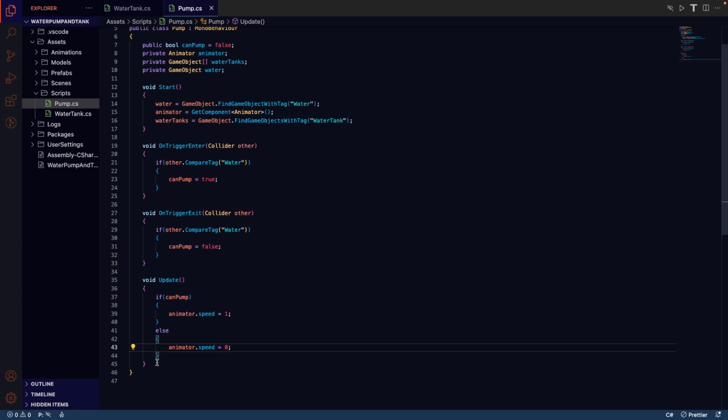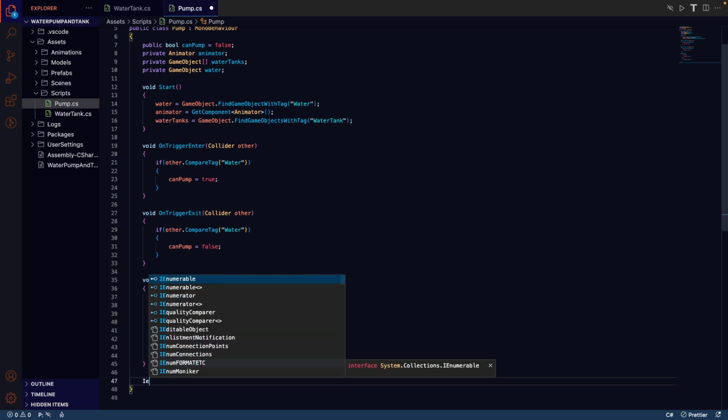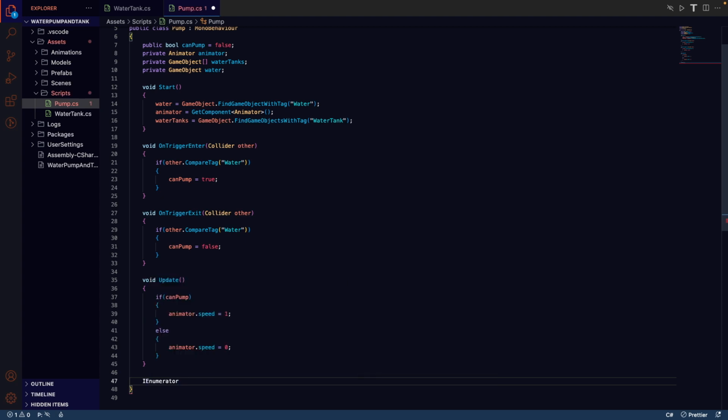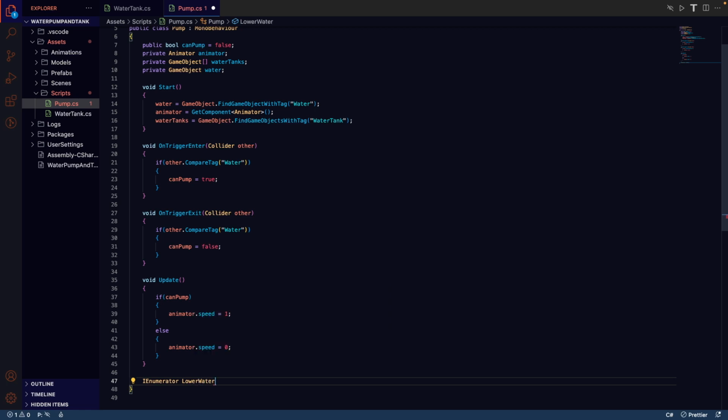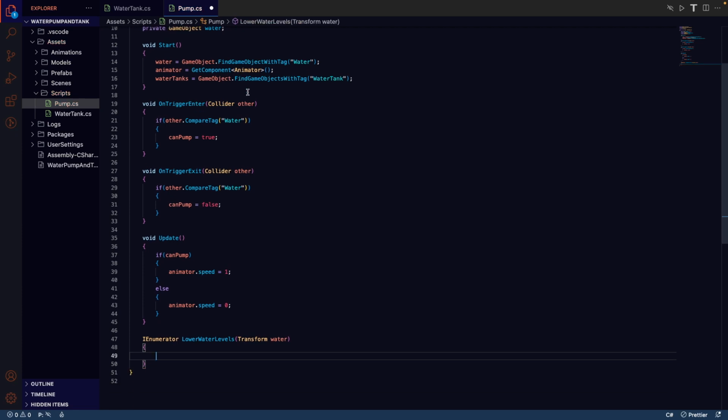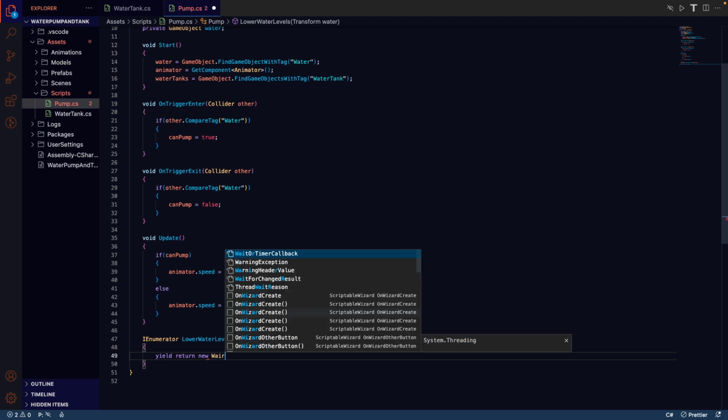Okay, so we're nearly done. All we have to do is go IEnumerator. This is going to be a bit of a long one. We're going to go LowerWaterLevels, and we're going to take in a transform, a variable called water. By the way, it's not the water at the top, that's a game object. Anyway, we can go yield return new. By the way, IEnumerator lets you use coroutines, and this is what we're doing now. A coroutine is just a kind of timer, essentially. Return new